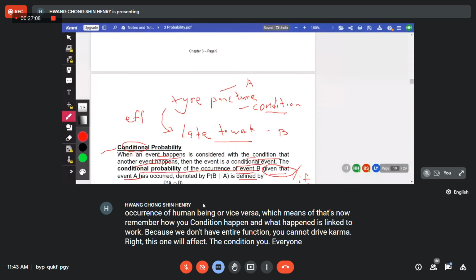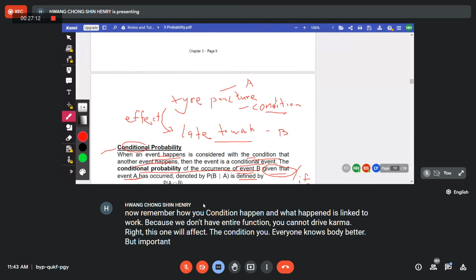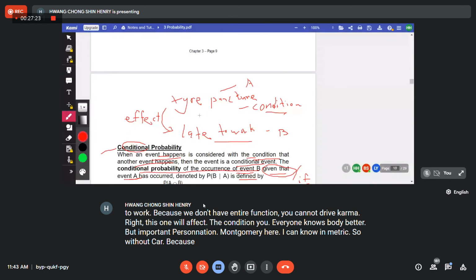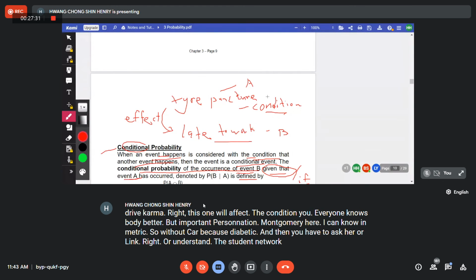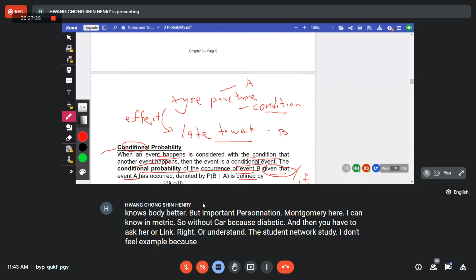Everyone knows what is called effect. What do you call it in Bahasa Malaysia? Mempengaruhi, is it? You all know Bahasa Malaysia. You may know it in Mandarin. So without a car, because the tire is punctured and you cannot drive, then you have to take a bus to work, right? Or the student never studies and fails the exam, because event A will influence or affect event B,